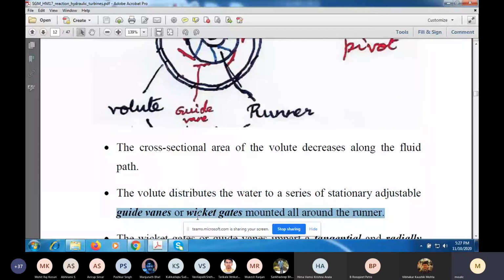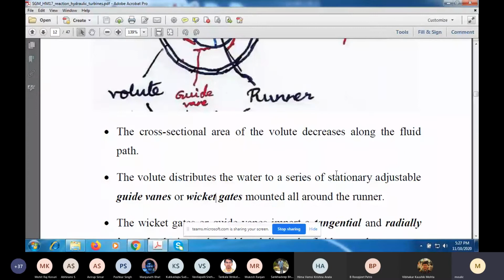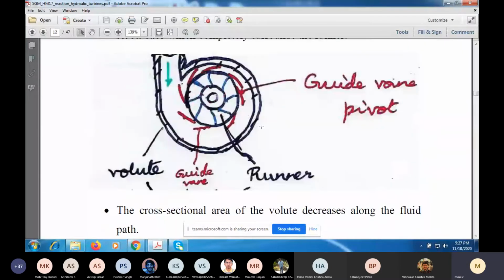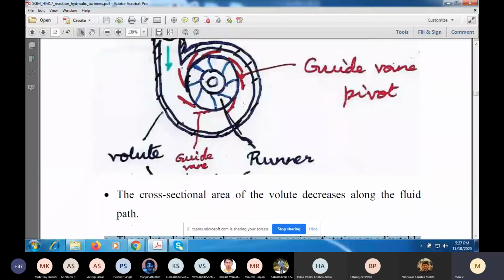So you may be given problems involving a Francis turbine where either the phrase guide vane will be used or the phrase wicket gate will be used. They mean the same thing. So these are stationary blades, but adjustable because there are pivots and they can be moved to change the blade